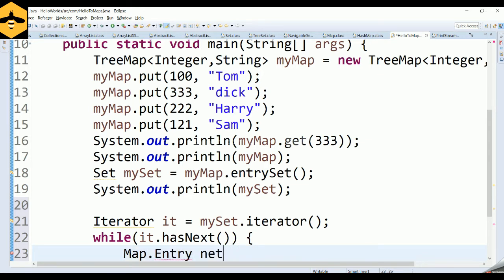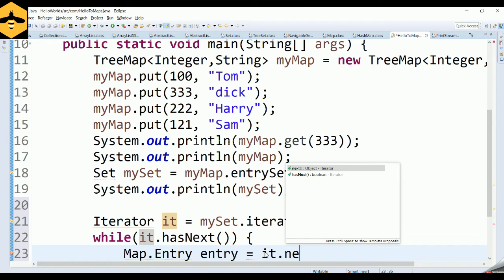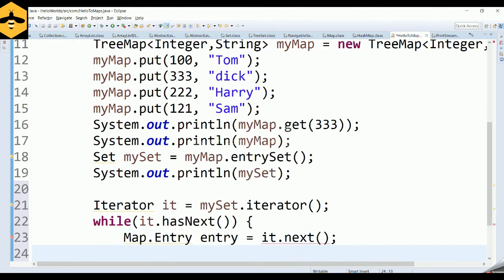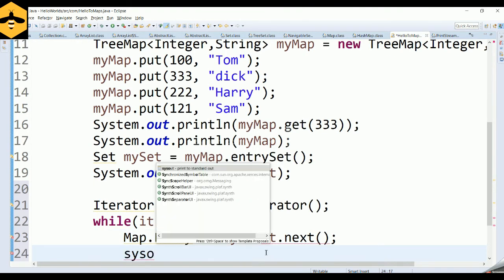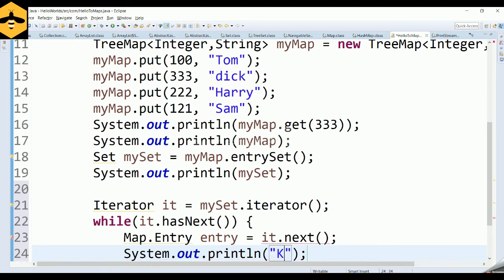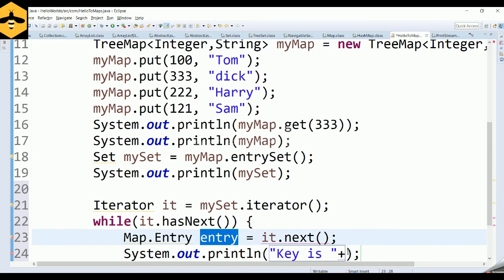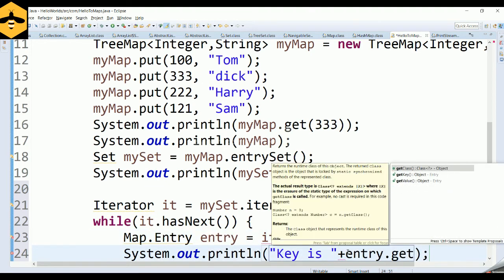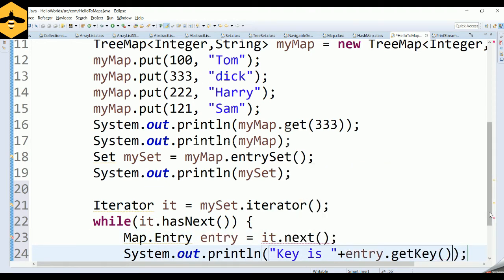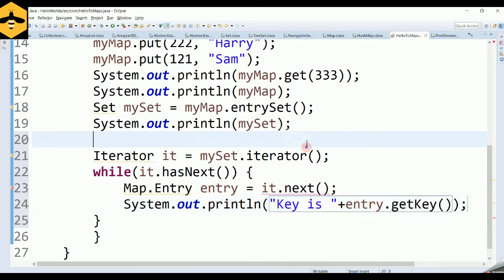So my entry equals your iterator.next, and you can try to print what is the key and what is the value. The key you can print as entry.getKey, and if you wanted to print the value, you can make use of entry.getValue.